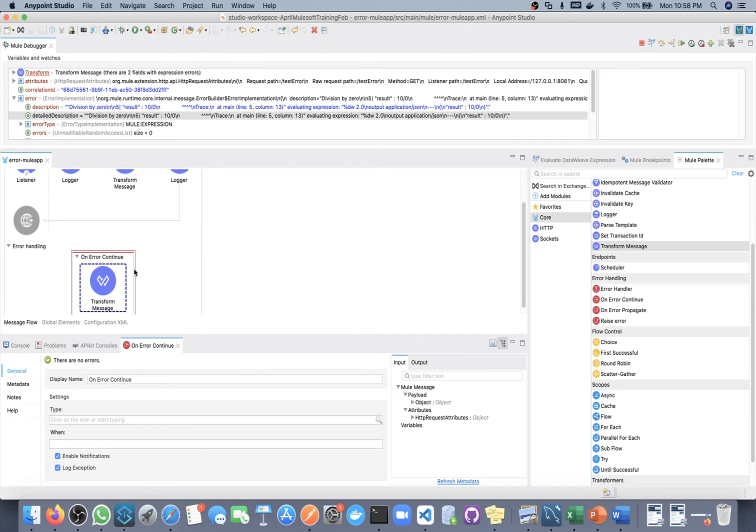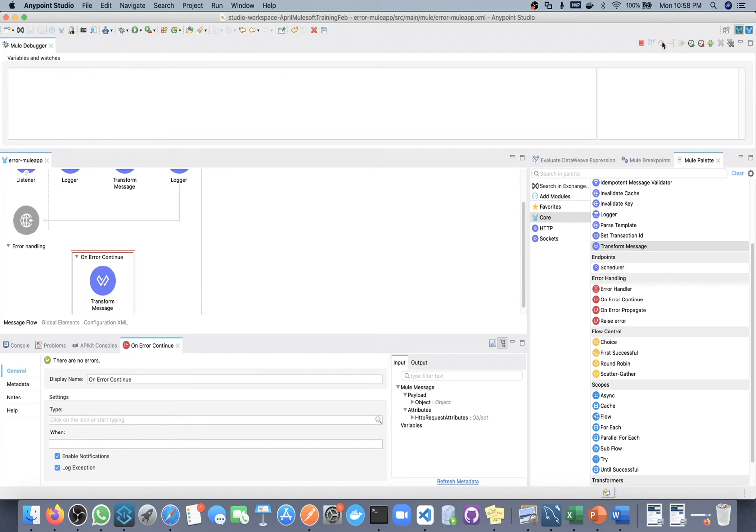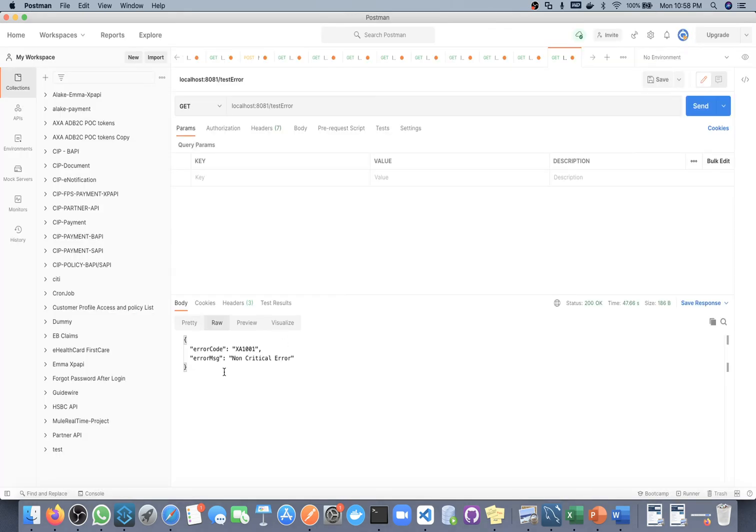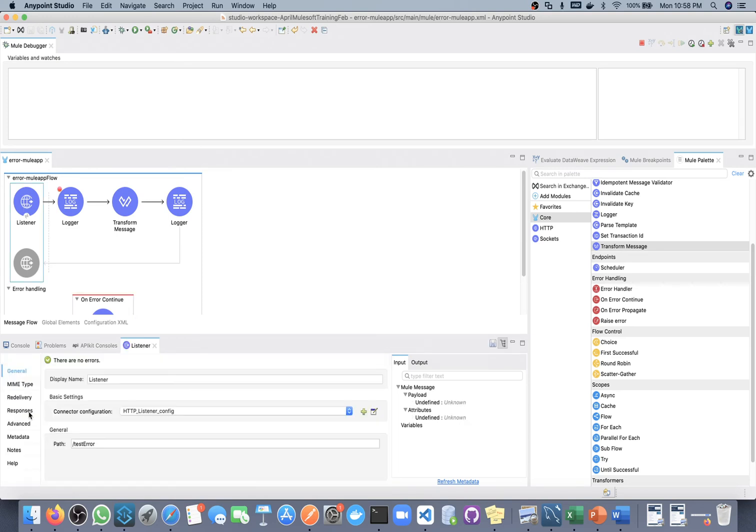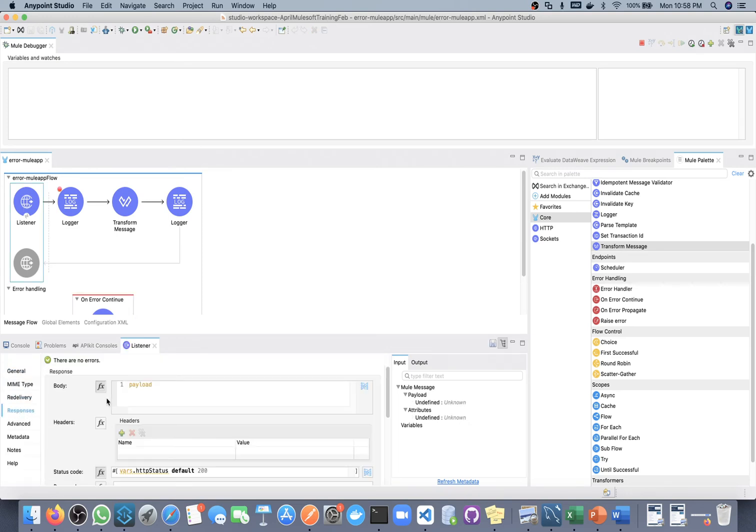So we are inside this error handler scope, and inside this error handler scope we have on error continue. On error continue will take that error and it will send success. If you remember what we discussed, whatever payload in the HTTP listener, if you go to response, in case of success, what will be my body?